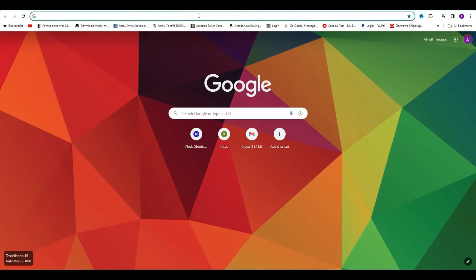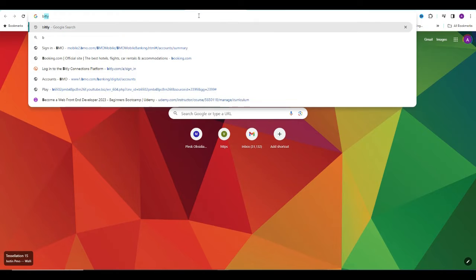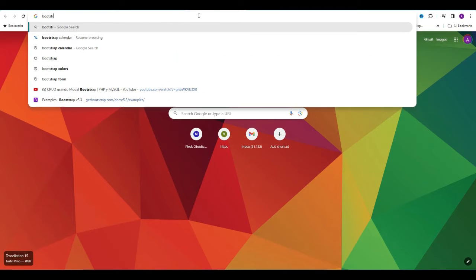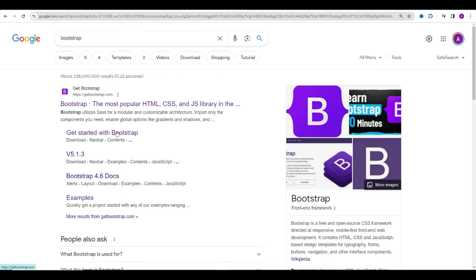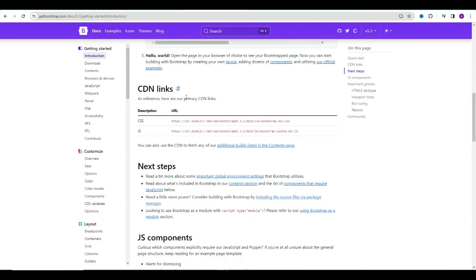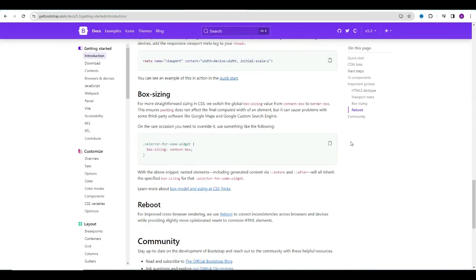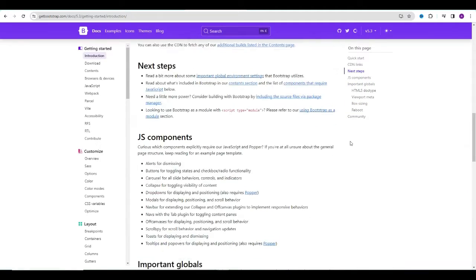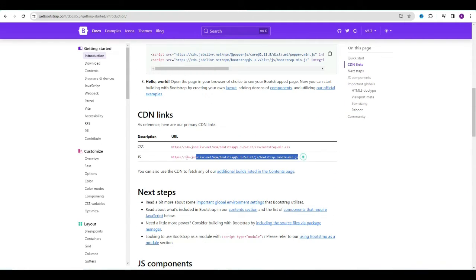So we want to add a little bit of style. In order to do that, we're going to go to Bootstrap. When you go to Bootstrap, you can click over here, get started with Bootstrap. And over here we have the CDN links that will give us the CSS and also the JavaScript. At this point we're going to be able to work with Bootstrap. So what we're going to do is copy those links. We're going to copy first the